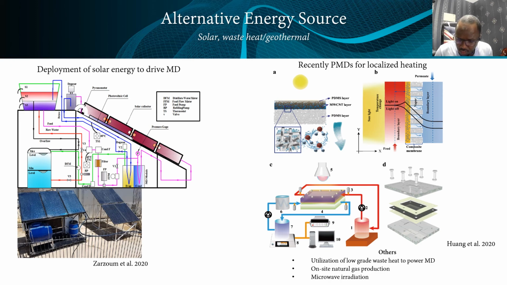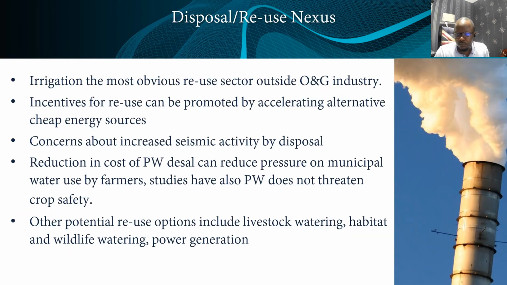Other sources of energy include on-site natural gas production used to power MD or microwave irradiation, which are also currently being explored by researchers. Here we just briefly highlight some of the reuse options for produced water outside of the oil and gas industry. The most obvious, of course, is irrigation. As studies have shown, the produced water has little or no effect on crop safety and even, to an extent, soil health. However,